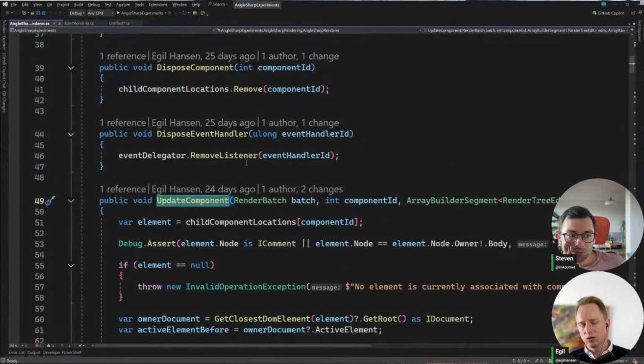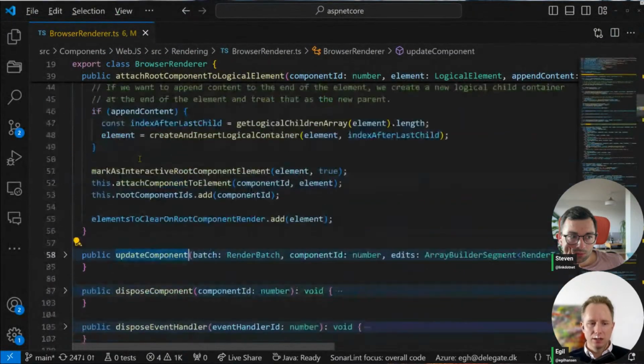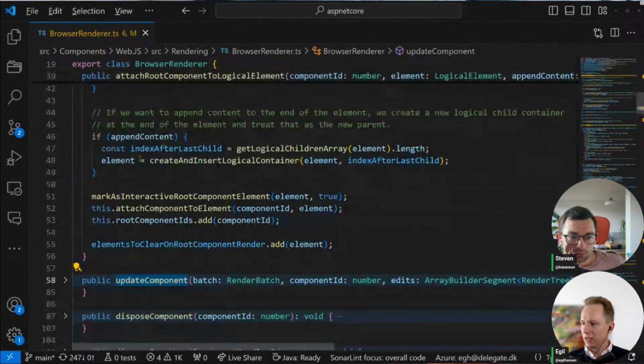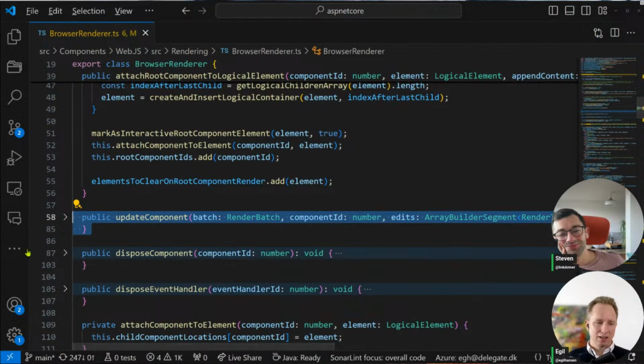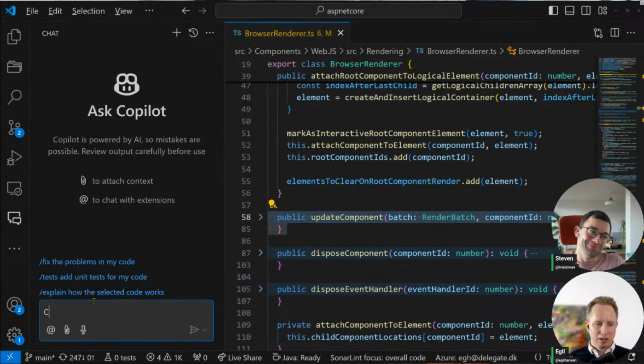So the code is not super hard to read on your own, but there is a lot of small details in it. But basically, I was able to take each of these methods and just one by one ask either ChatGPT or Copilot. I can't remember which one I ended up using. I went back and forth between them a bit and said, hey, just highlight this, and basically convert the selected method to C#,